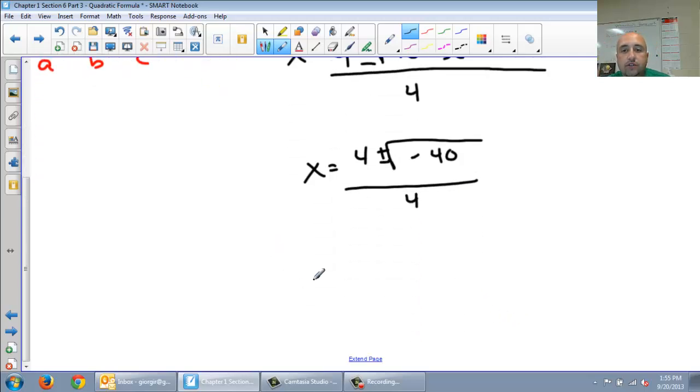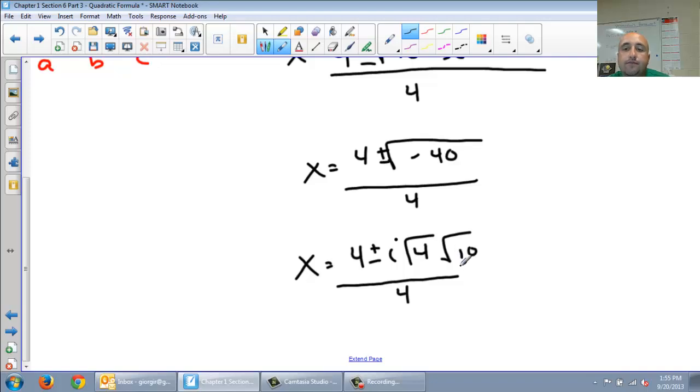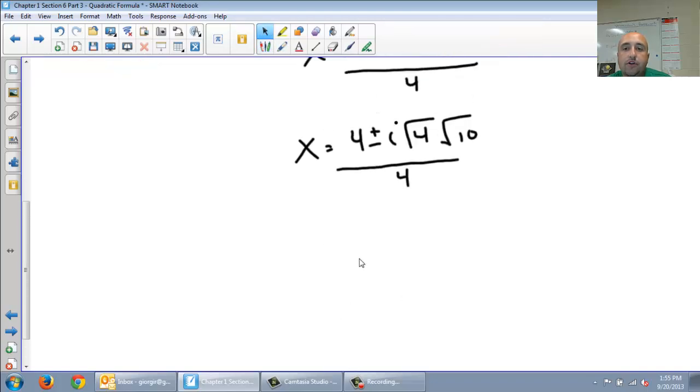So X equals 4 plus or minus i root 40, but we need to break down 40 into a perfect square and a number, so I'm going to do 4 times 10. 4 times 10 is my 40. Continuing on, we need to simplify. Let me extend my page here a little bit further. So X equals